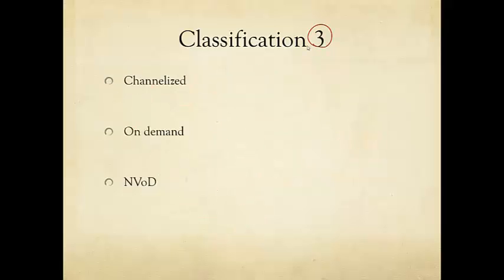The third classification is also about the delivery method. The traditional way of watching content is always channelized. So there are TV guides that give you the schedule, and then you follow the given schedules. You do not get to pick and choose when you watch a certain content. It's the traditional experience we've been going through for many decades.